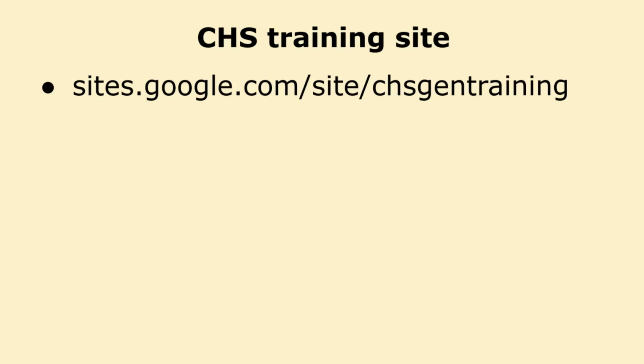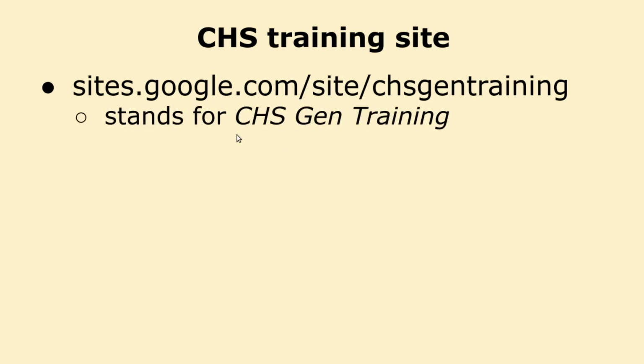So that stands for the online website that Google provides for people to use. Sites, because there are lots of sites there, and then the CHS.Gen.training stands for Clan Henderson Society Genealogy Training,